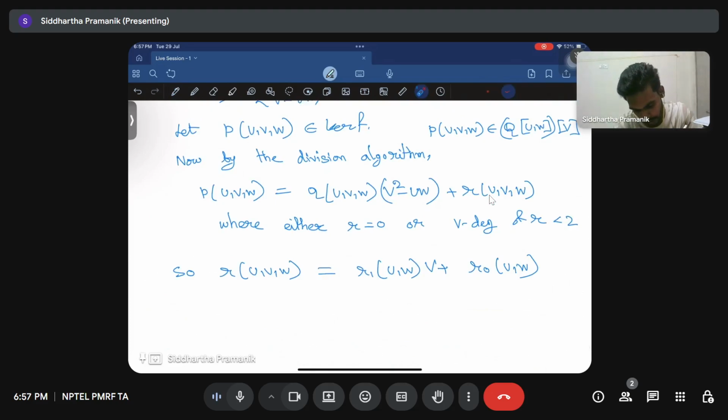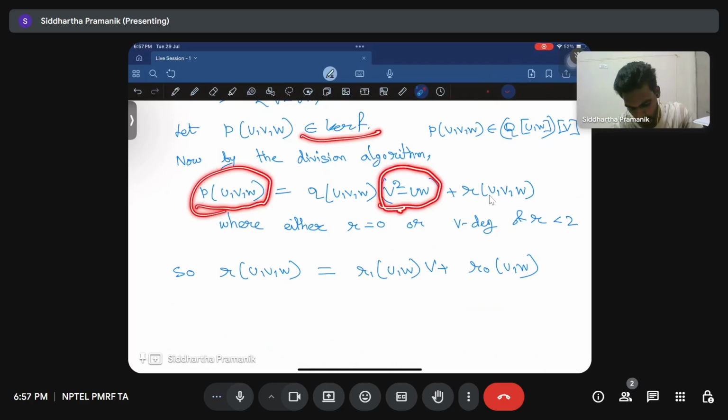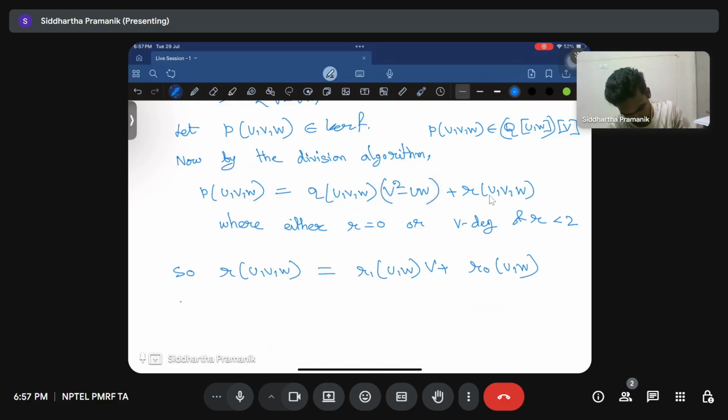Now observe that p is in the kernel that we have assumed, and this element is also in the kernel. So this minus this is in the kernel. Now since p(u, v, w) minus q(u, v, w) times (v square minus uw) belongs to the kernel of f,